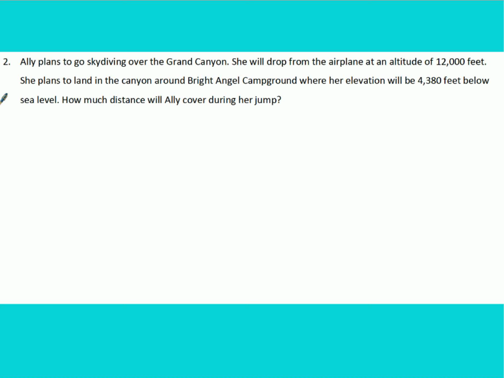So that's a lot of stuff right there. So we want to find out what's important. That's awesome if she wants to go skydiving, but it's really not going to help us solve the problem. All we know is that when she's up in her airplane, so we could draw a picture, she's going to drop off at a height of 12,000 feet. So Allie's going to be up in her airplane up here, and then she's going to jump out,